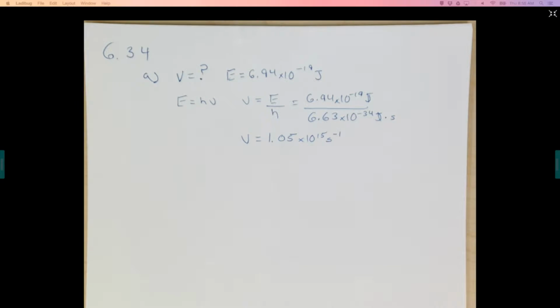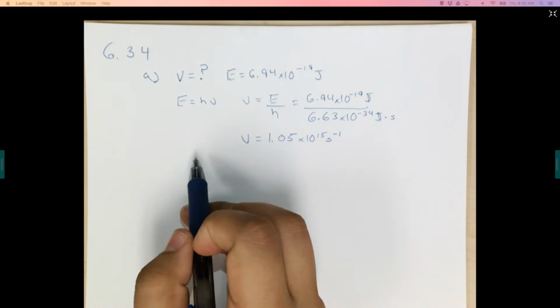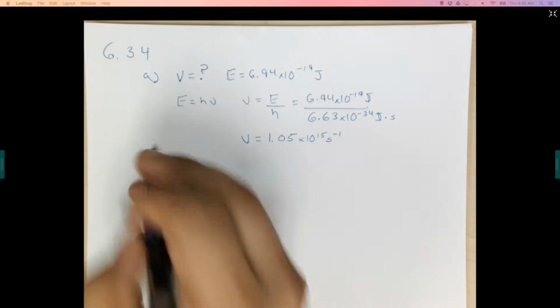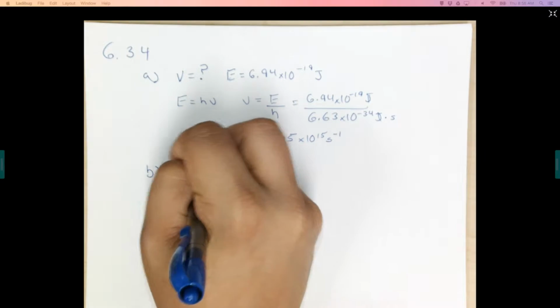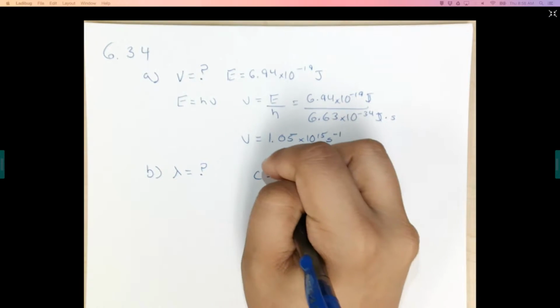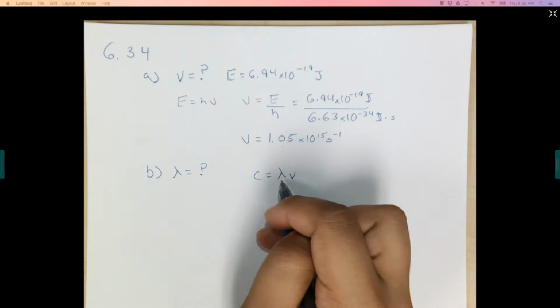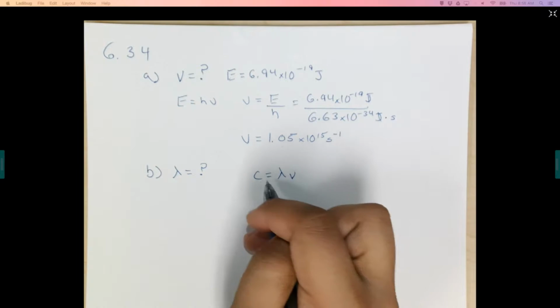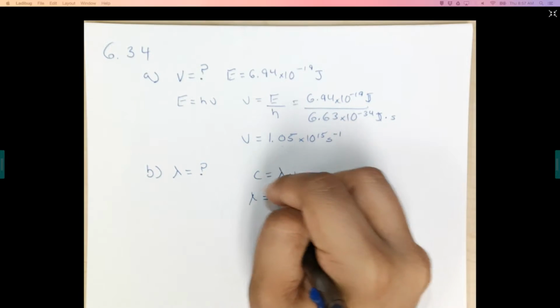So let's take a look back. Part B. So part B asks, what is the wavelength of this light? Well, we can relate frequency to wavelength utilizing, we're looking for wavelength. We can relate frequency to wavelength by c equals lambda nu. We know nu. We know c is a constant, so to solve for lambda